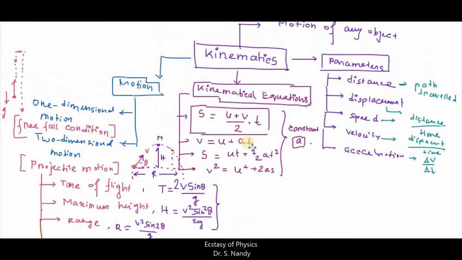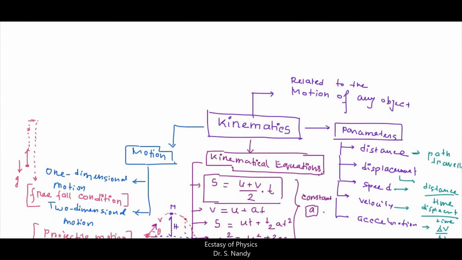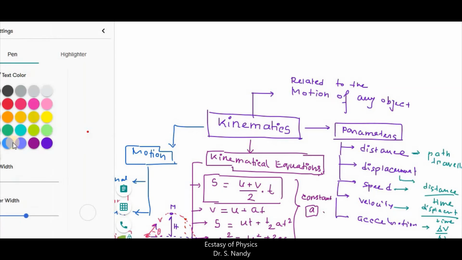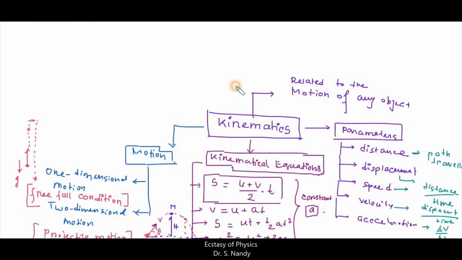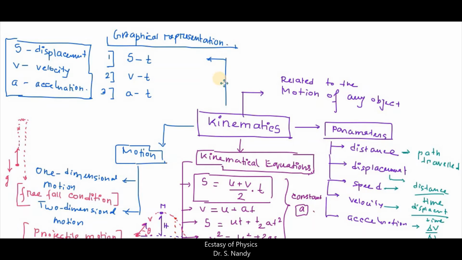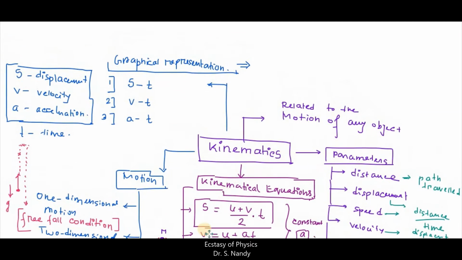And finally we went through the graphical representations from this kinematics section. Under these graphical representations, we went through different graphs: the displacement time graph, vt, that stands for the velocity time graph, and at, that stands for the acceleration time graph, where t represents time. And there is an interesting fact in between all these graphical representations, meaning the relations.